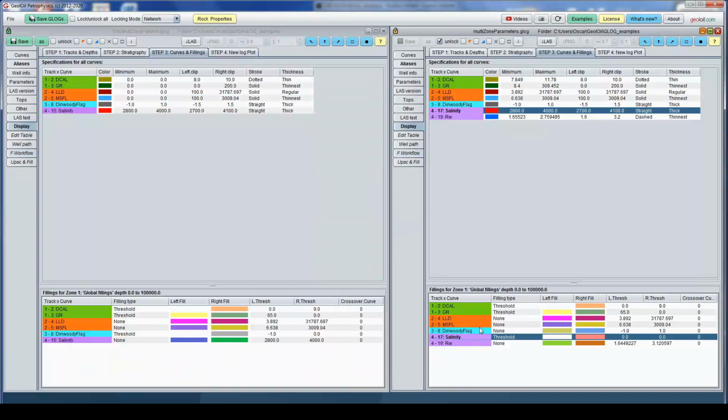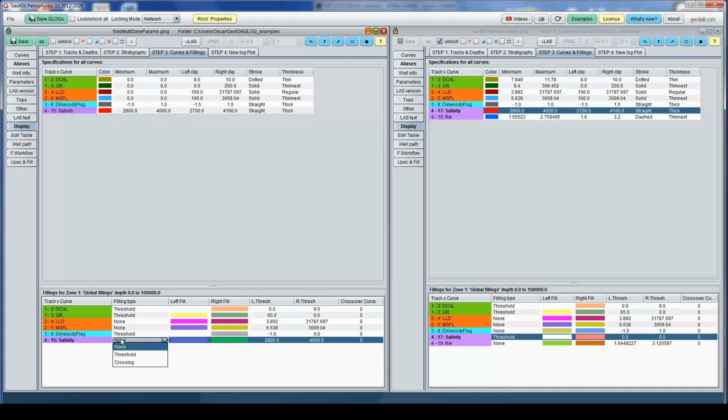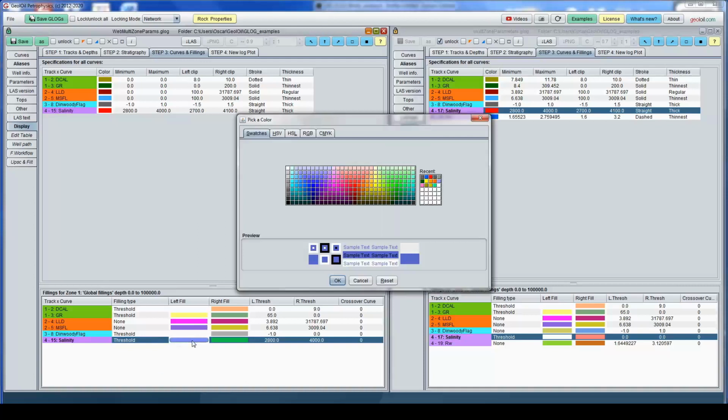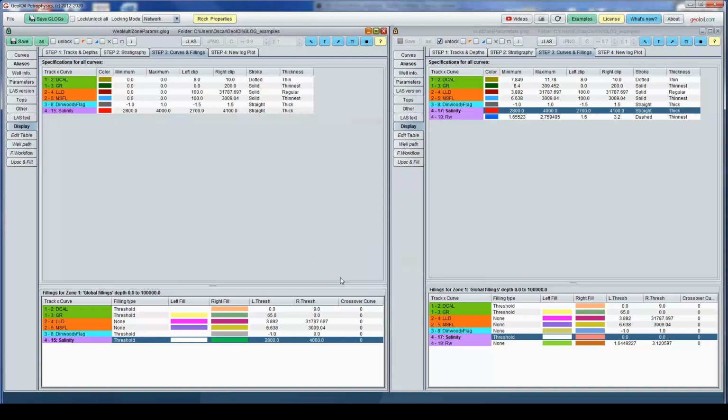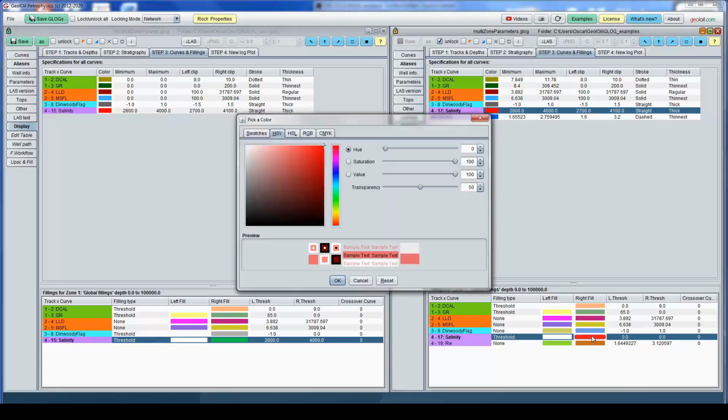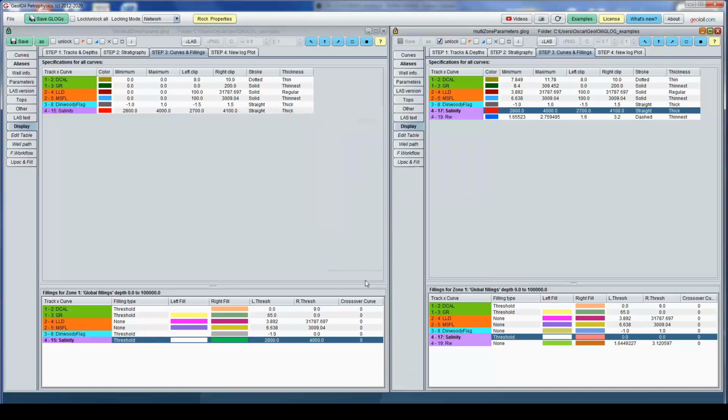Filling, curve, salinity compared with a threshold. Okay, I want the left to be transparent white. You hit white and 100 on clear transparency. And this is red with around 50% transparency.